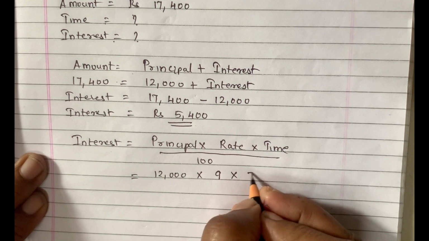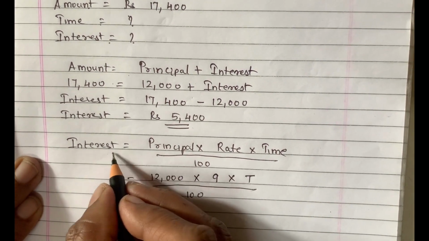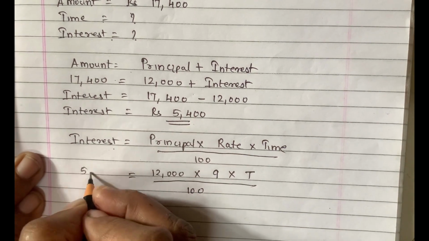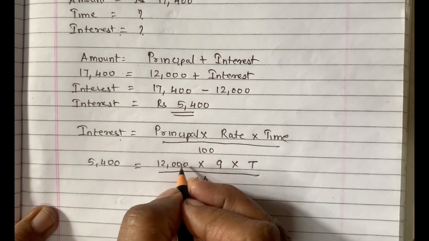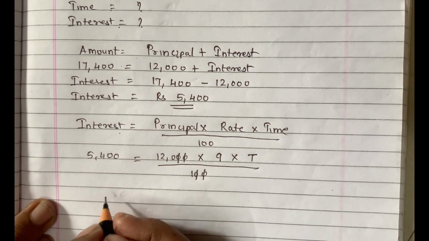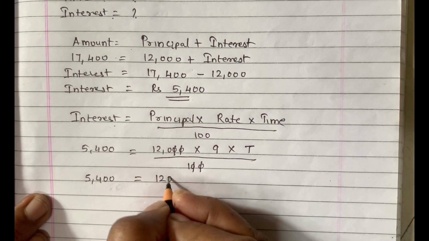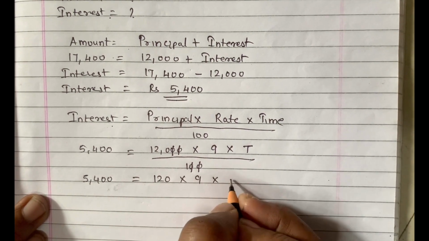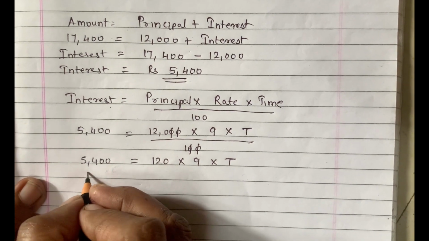You don't know time upon 100. But just now we have calculated the interest, that is 5,400. We will write that. 0, 0, 0, 0 get cancelled. So what is remaining? 5,400 equal to 120 into 9 into time, that is T. So therefore time will become